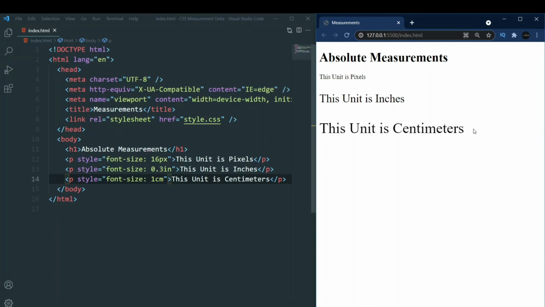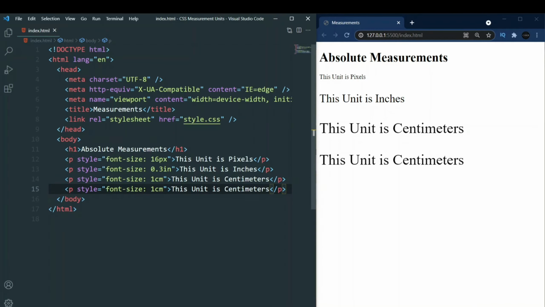Because 1 centimeter is equal to 37.8 pixels. Again I'm telling, write down this, 1 centimeter is equal to 37.8 pixels. There's nothing much to explain because these are the commonly used measurement units that we already know, so I'm not going to focus more on them.